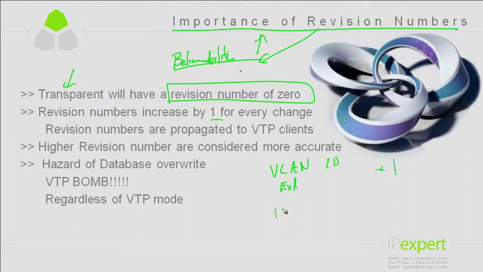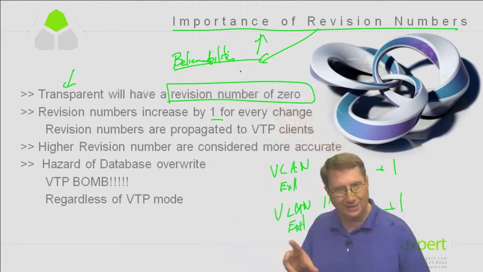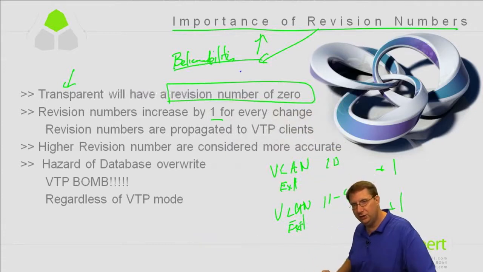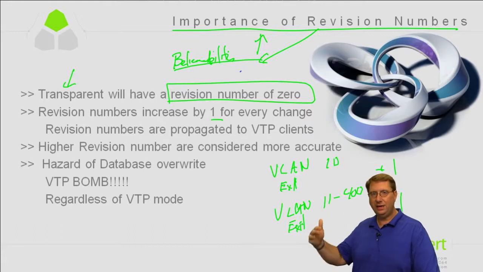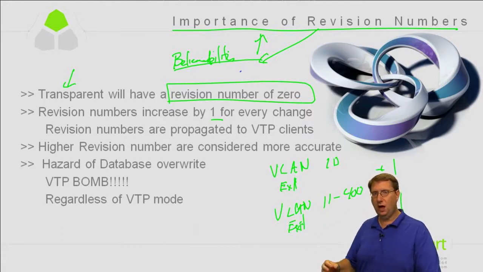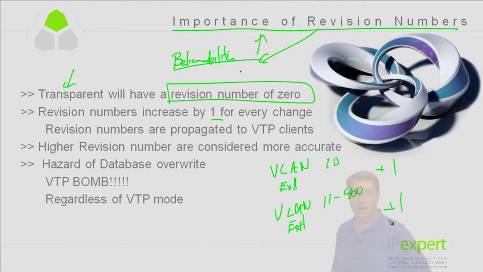If I also go in and say create VLAN 11 to 400 and then I exit out, that's still going to increase my revision number by 1. So it's not per VLAN, it's per change. Therefore, it's each time the database gets altered. It's not based on the number of VLANs, but the number of times the VLAN database gets changed. Now, remember I mentioned the fact that clients